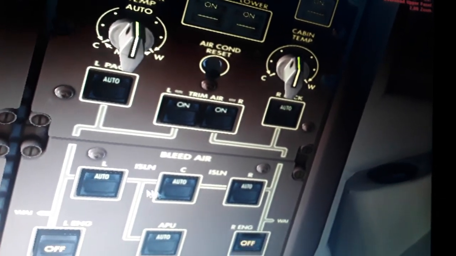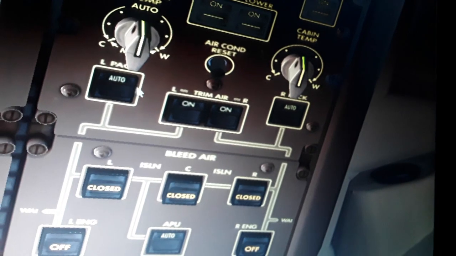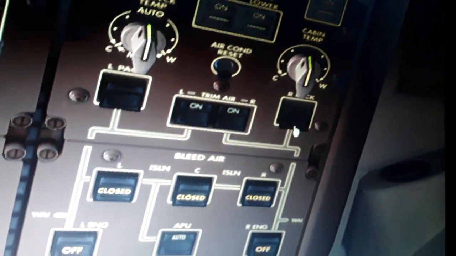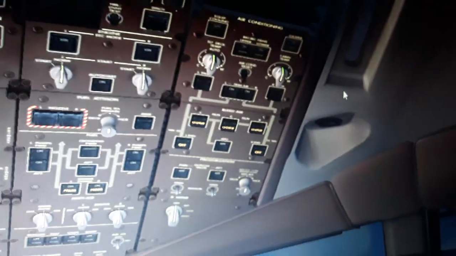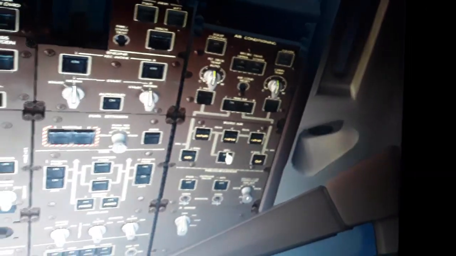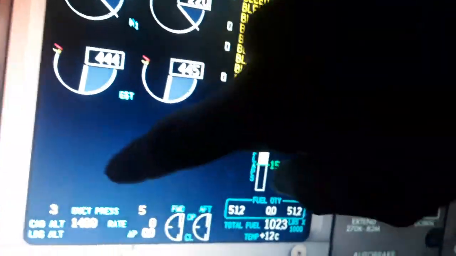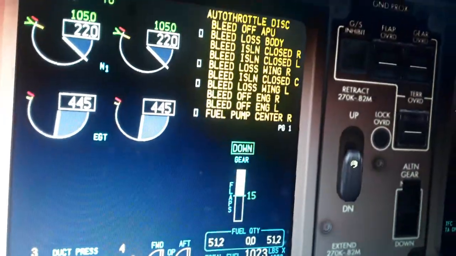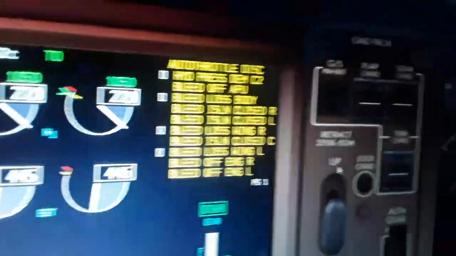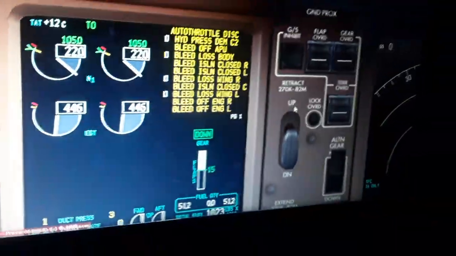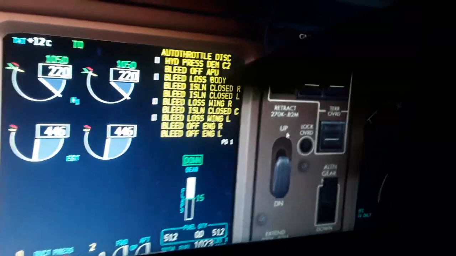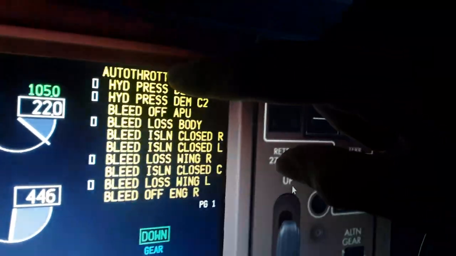So we turn off the bleeds. We do wing and engine anti-ice, air conditioning, cabin pressurization, and hydraulic fluid. You will see how many systems we lose now. Also no bleed for cabin pressurization, so you will see overflow, duct pressure 0, overflow,